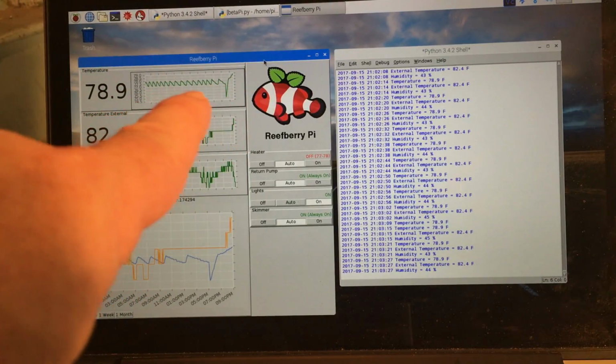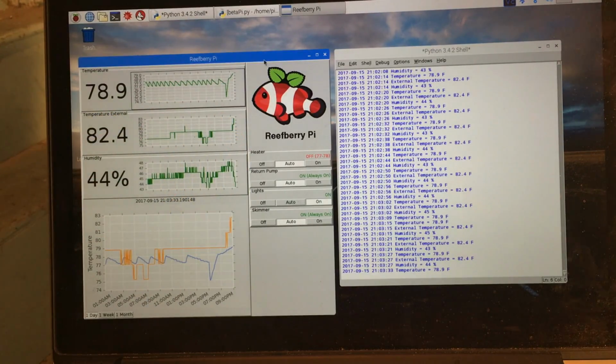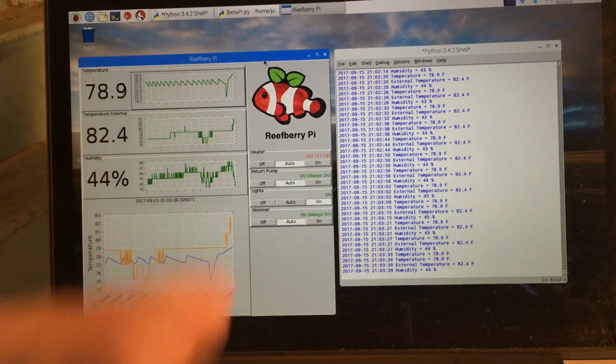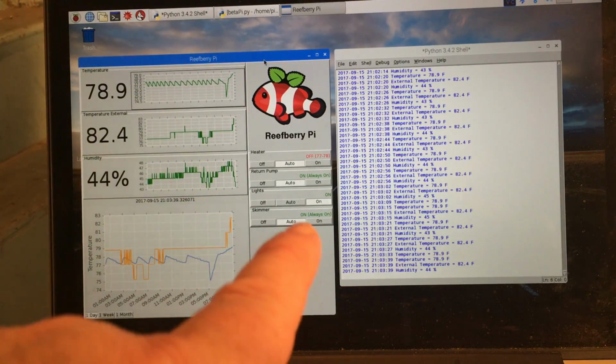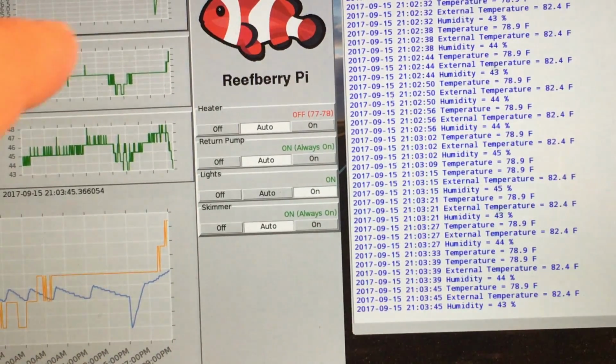So this is showing me basically what's happened over the past day with the tank temperature. And you can see it's been going up and down. That's because I got a few, zoom that in, little